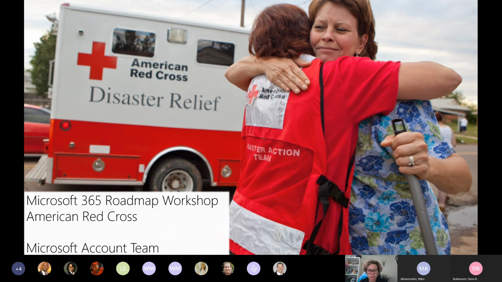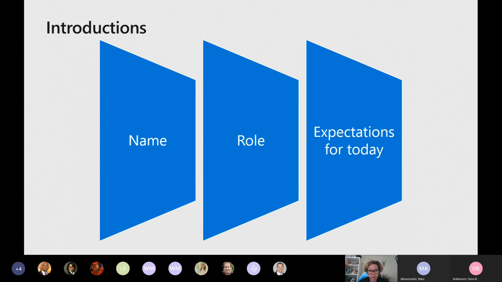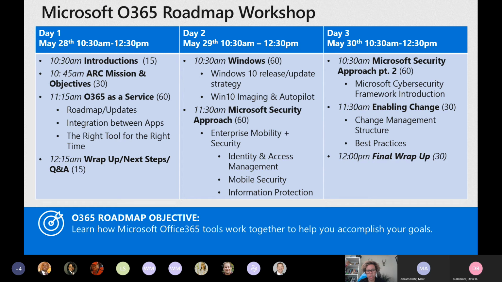We are here to bring together some of the Microsoft technologies and allow a space where, one, we can really be centered in those Microsoft technologies around the American Red Cross mission and using that as the foundation for what you are looking to accomplish and how our tools can help you do that. And not just about each individual tool as themselves, but how do those tools intermingle together to create what makes sense for Red Cross.